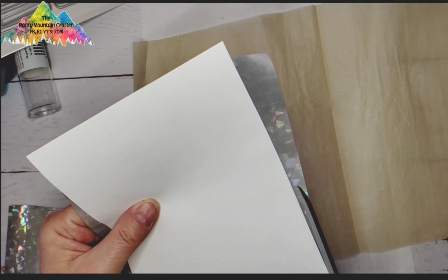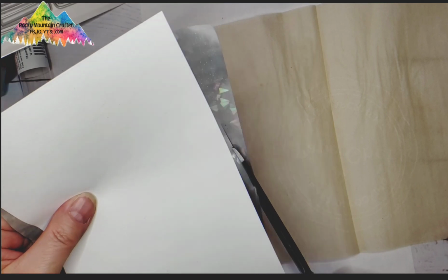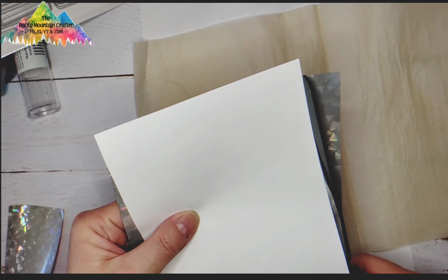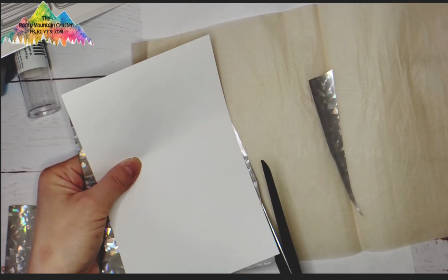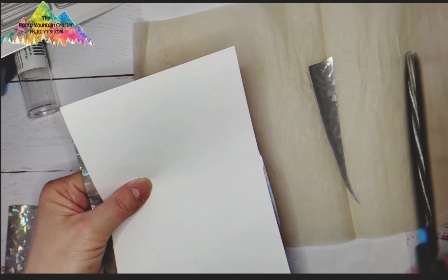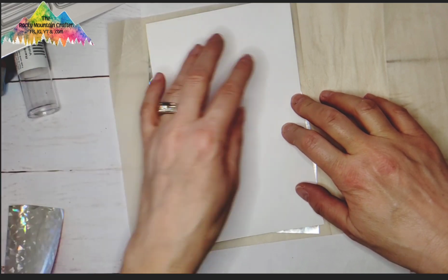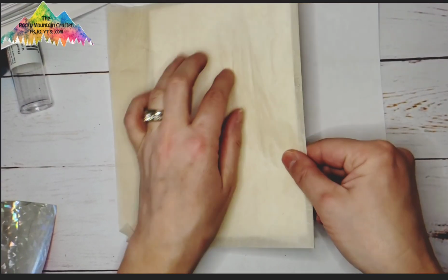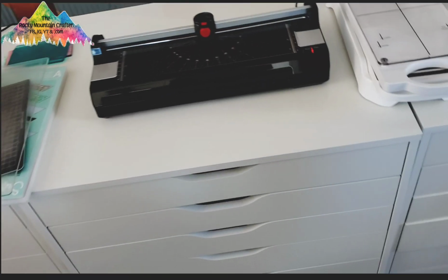Just because I want to get this parchment, I want to put this piece as close to the fold of the parchment paper as possible. Okay, so I'm going to cut this little guy off. There we go, that's good. And now let's stick it in the fold. It doesn't matter, you can stick it face up or face down, does not matter one bit. Now let's take you guys over